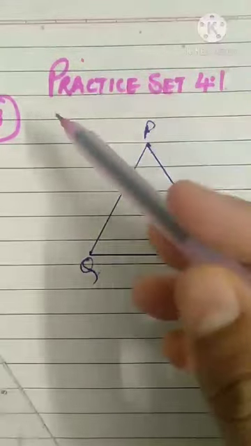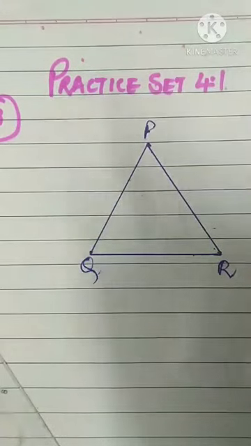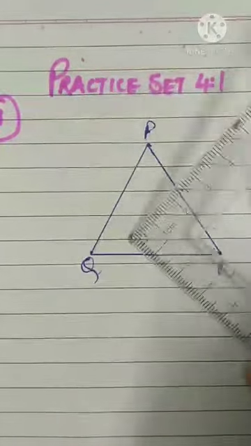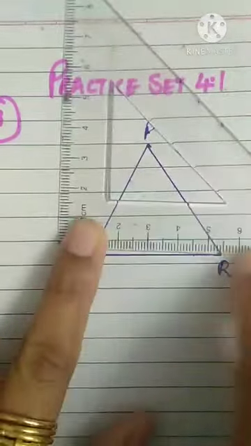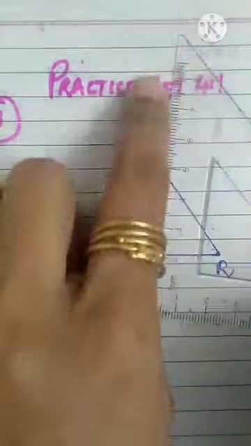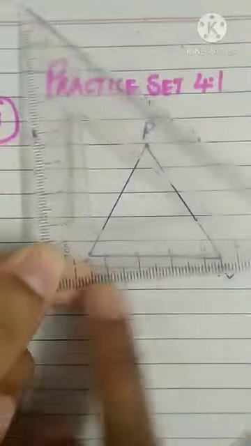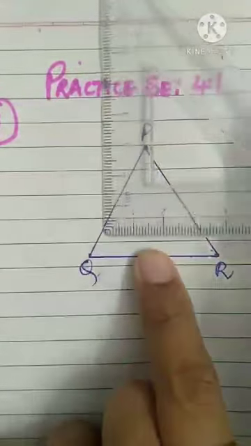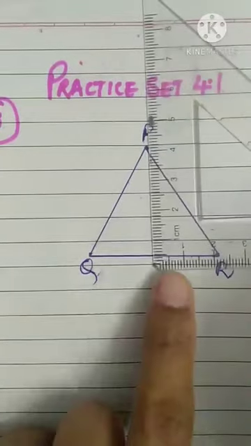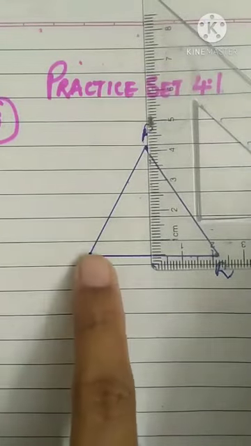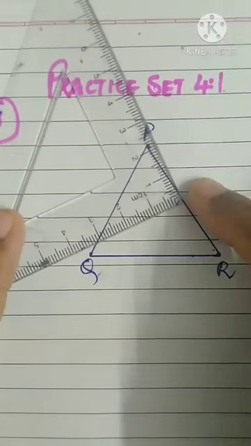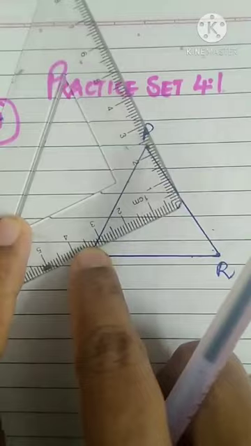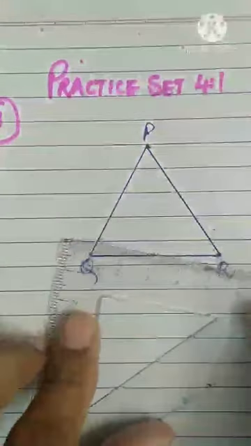So let's start. We will directly start with practice set, second sum. Be ready with your set square. Now this set square base you should keep on the side and the height side you should keep on the vertex. Always remember, base side we will keep on the side of the triangle and height side we will keep on the vertex. Like this, see here, this way, first vertex. Similarly, for this vertex, this side should come on the vertex. Understood? Height side on the vertex.